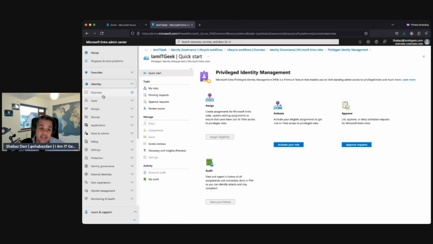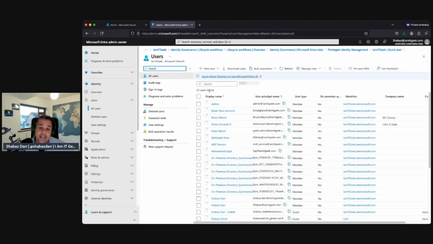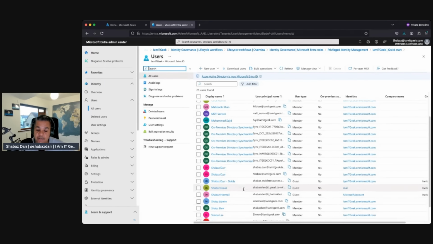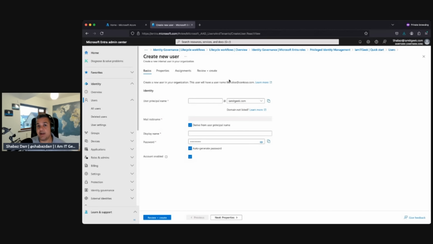I just want to go back to identity and users here. So I have my break glass account there, and we have a lot of users. We have standard user accounts, and the difference between your standard user accounts and your tiering accounts is that, especially with the enterprise model, you have different tiers of access. Your tier 0 access is going to be for things like Active Directory or your Entra access, whereas tier 1 might be for server access. So potentially as an IT admin, you could have 3 or 4 accounts depending on the tasks you do. An example would be shabs dot